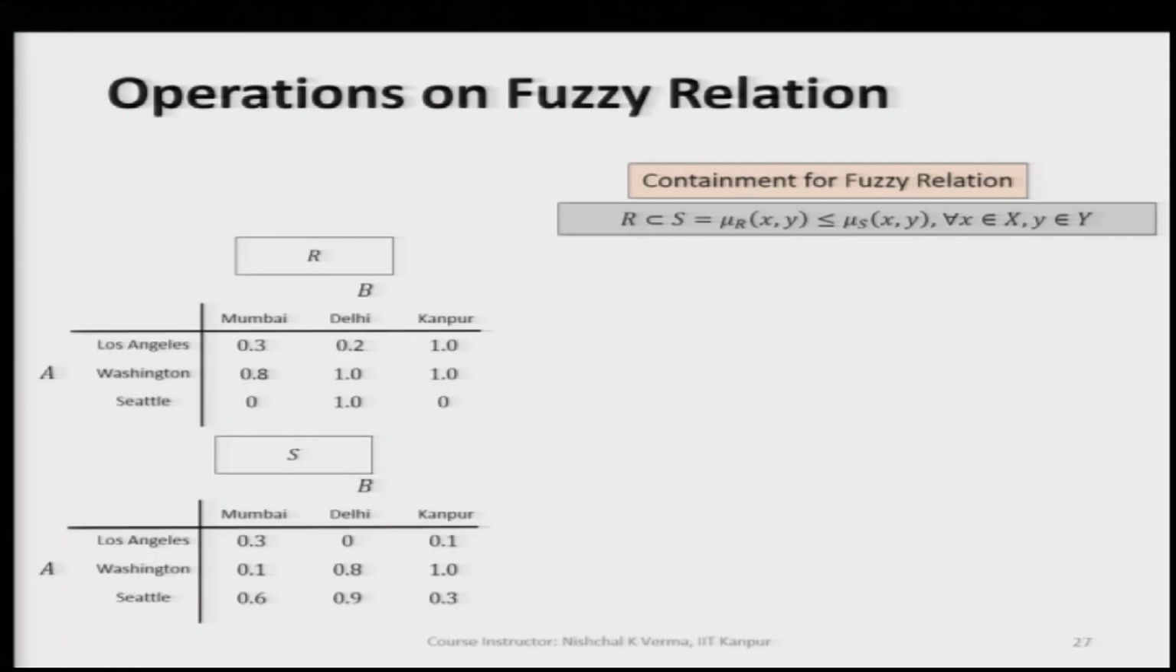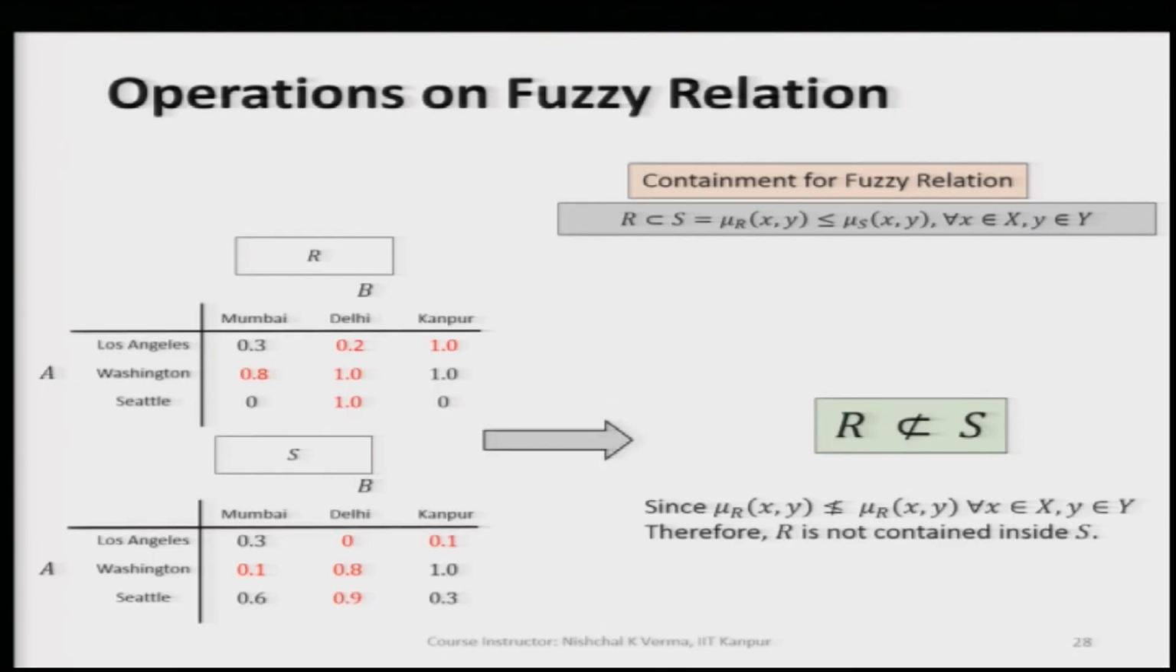And now, when it comes to the containment for fuzzy relations, similarly if fuzzy relation set R is a subset of S, then if this is the case, mu R x, y will be less than or equal to mu S x, y, and this is for every x belonging to capital X and y belonging to capital Y. So, if we have two sets, you see here,